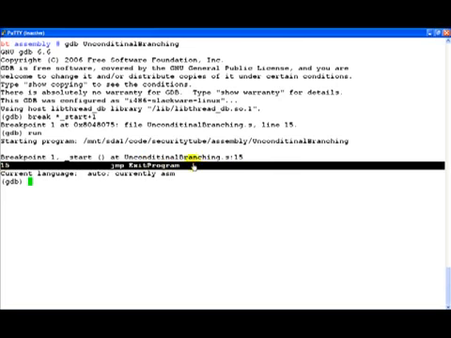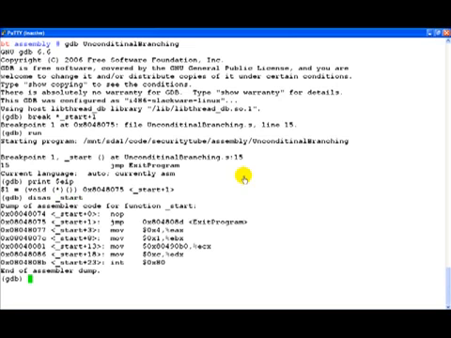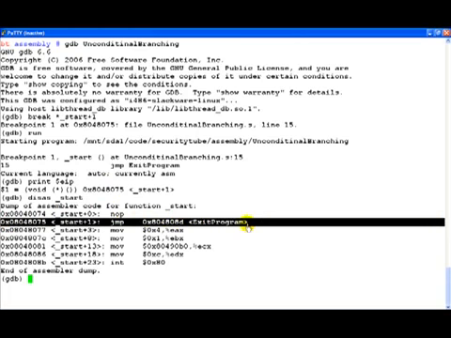Okay, so we are here, and if you notice, the next instruction needs to be executed, and if we print the value of EIP, we will notice that the next instruction to be executed is this, right? EIP is pointing to 8048075. That is nothing but the jump instruction.